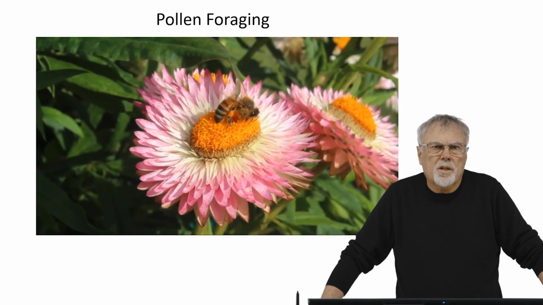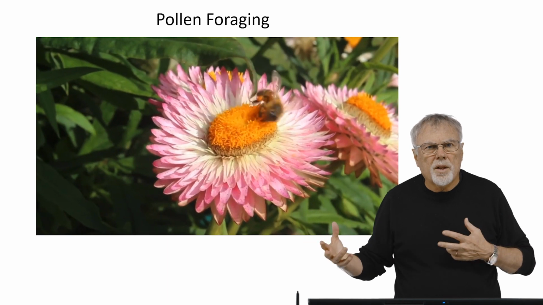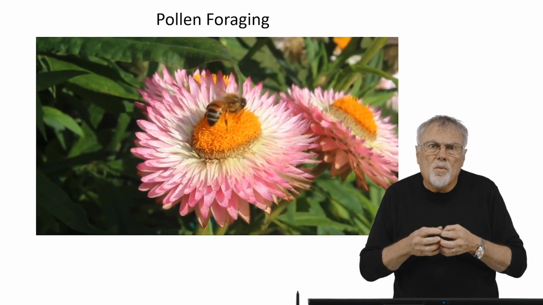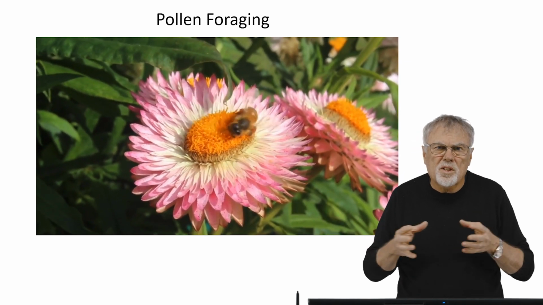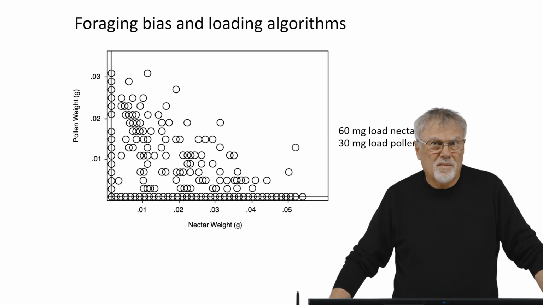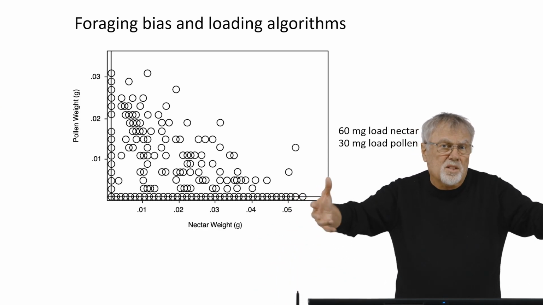When a bee's foraging on flowers, she's picking up nectar and pollen, or maybe only nectar or only pollen. What are the processes by which she decides whether she's going to collect, say, pollen or not? If you look at the loads collected by a large number of bees, you basically collect them at the entrance